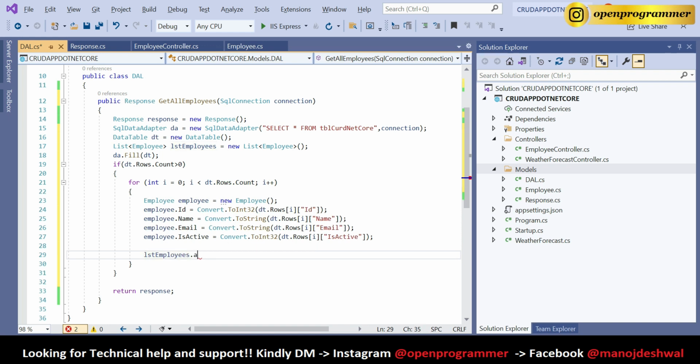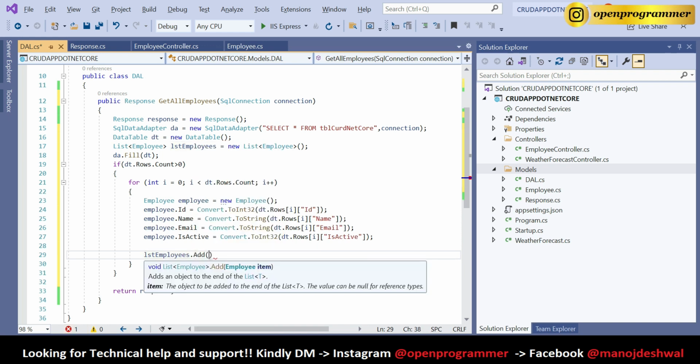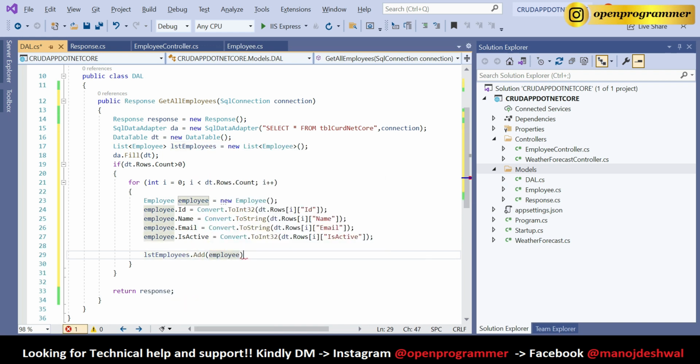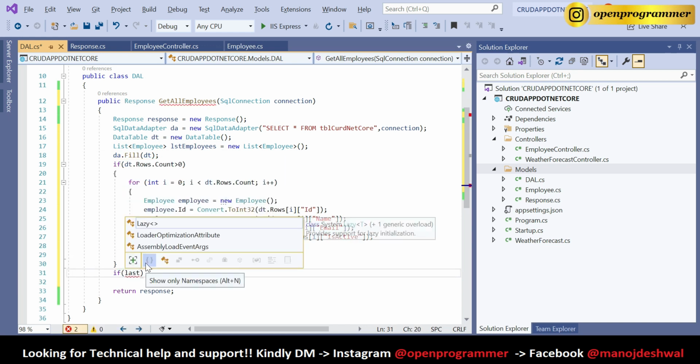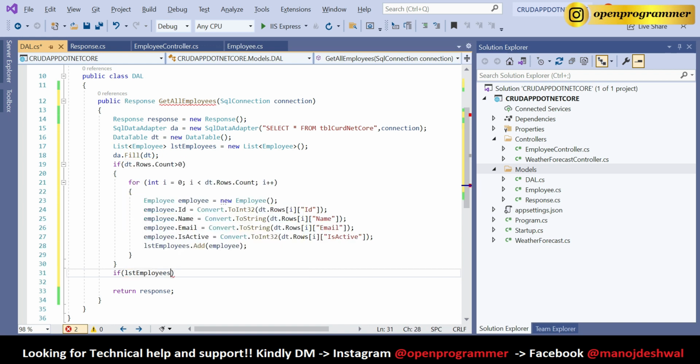list employees dot add employee. Done. So now whatever values we'll get from the database, this loop will bind each and every employee to this list. Now here, if lst employee dot count greater than 0,